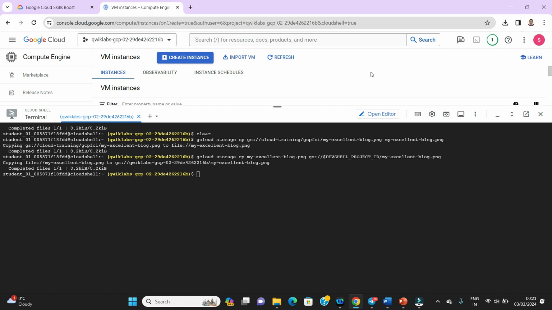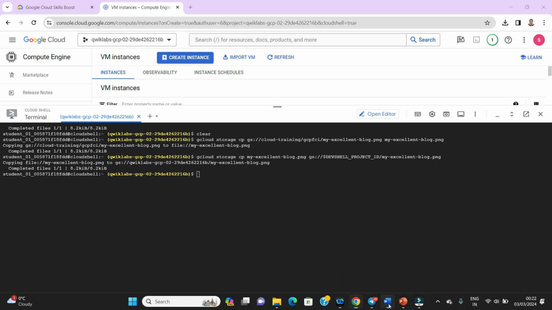Then we have to modify the access control list, so that the object we have just created is readable by everyone. So we have to update this access control list by using this gsutil. So we'll change the permission for all users to the read permission.